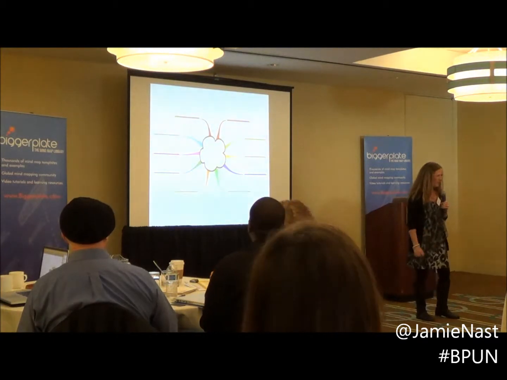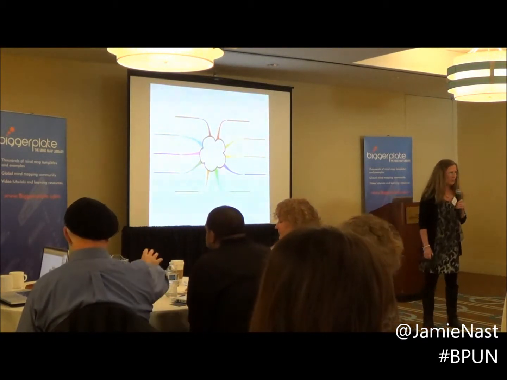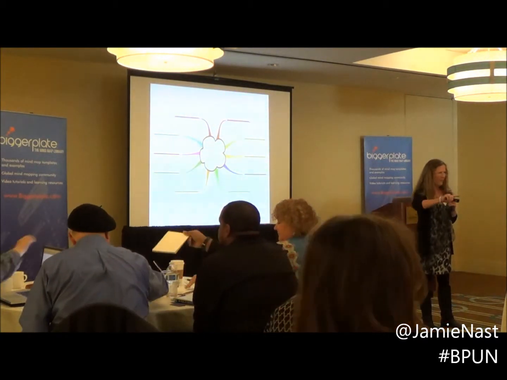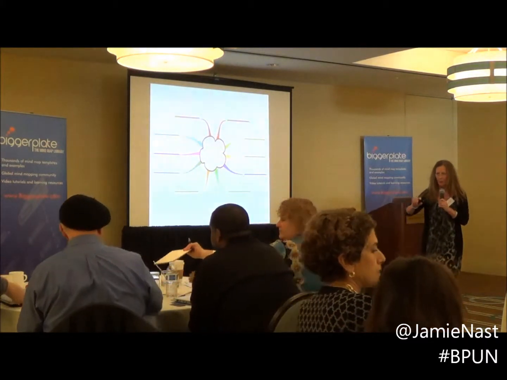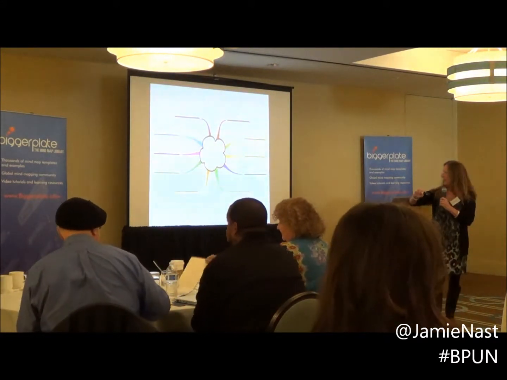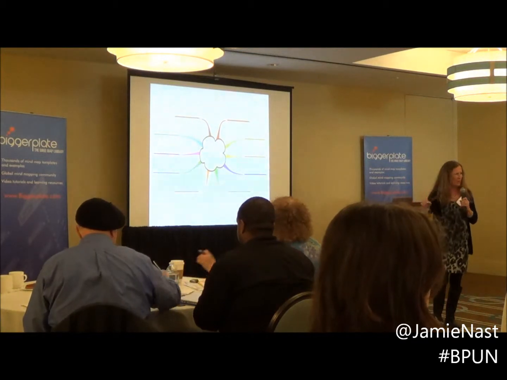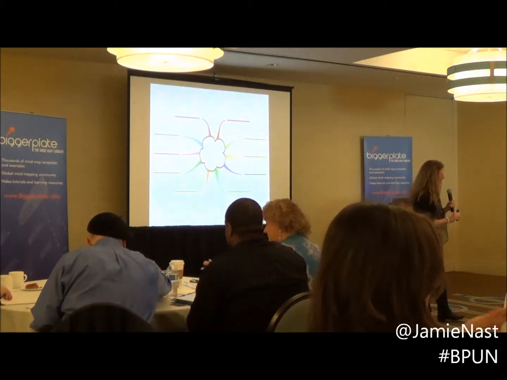So I'm going to jump right into an activity for you that I think will help all of you prove it to other people. It's called an association activity. Some of you in this room have already done this. You need to grab a sheet of paper and a pen, draw a circle in the middle of the page that's large enough to contain a single word, and then I want 10 lines or branches coming off of that circle in the middle.